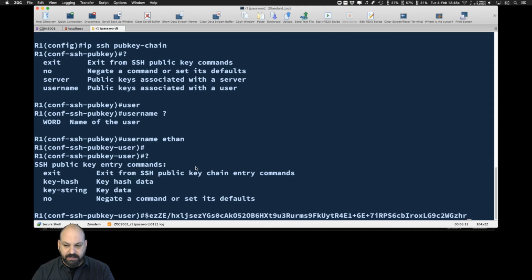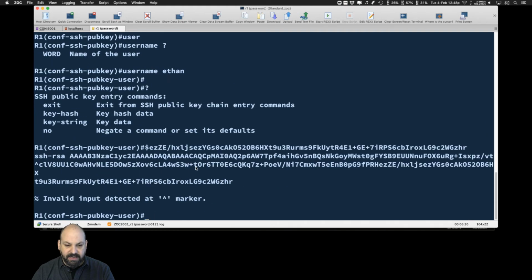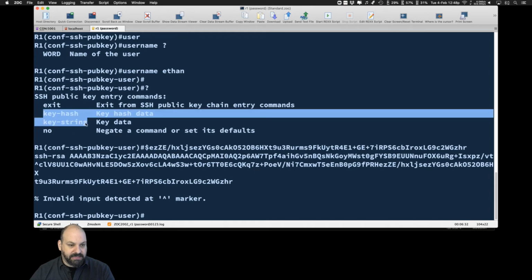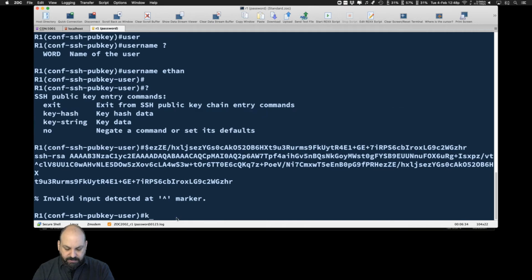If I paste this in, it gets as far as it can go, and then it's just out of input buffer. It can't handle any more characters. So if I hit enter on this, it chokes at me. Oh, you know what? Well, this is still going to fail, but I got one more step to take. I never did tell it if we were doing a key string or a key hash. So I need to tell it